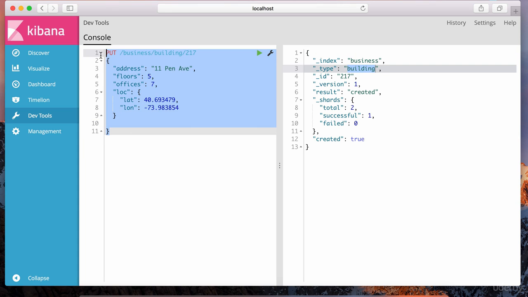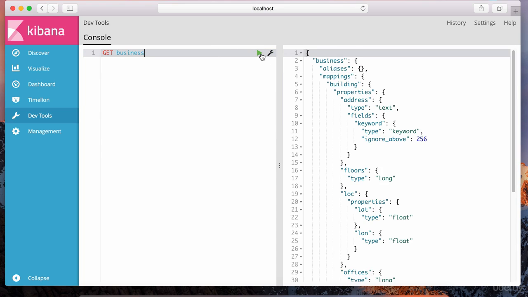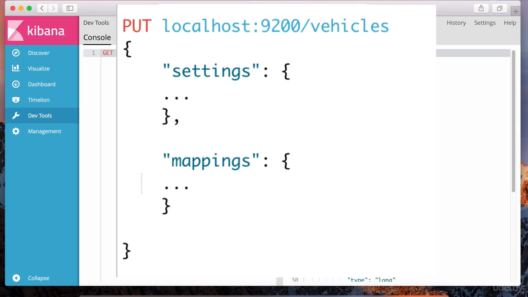Now if you do a get request on the business index, let's hit play. This is going to give us the index structure that Elasticsearch was able to create based on the documents that we gave it. At a high level, the index structure has two components. One is called mappings, and the other component is called settings. We're going to go into great detail on each of these components. But together, the settings and the different mappings that you'll see in just a second are referred to